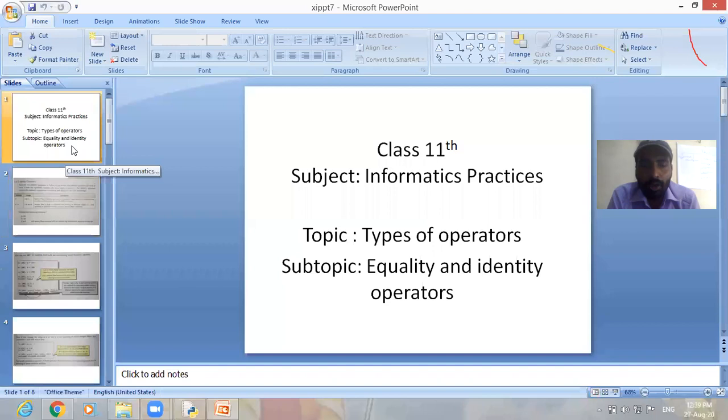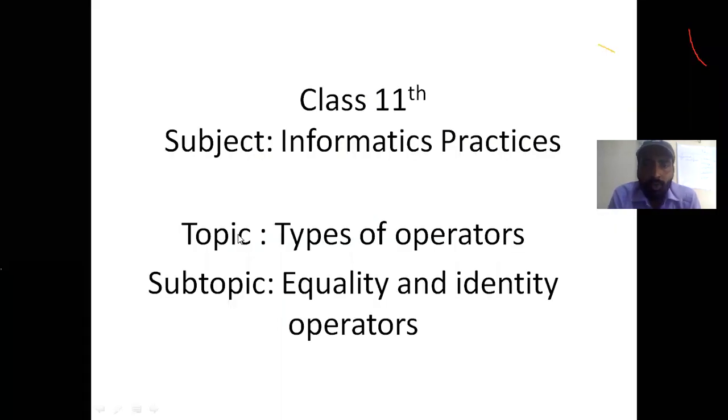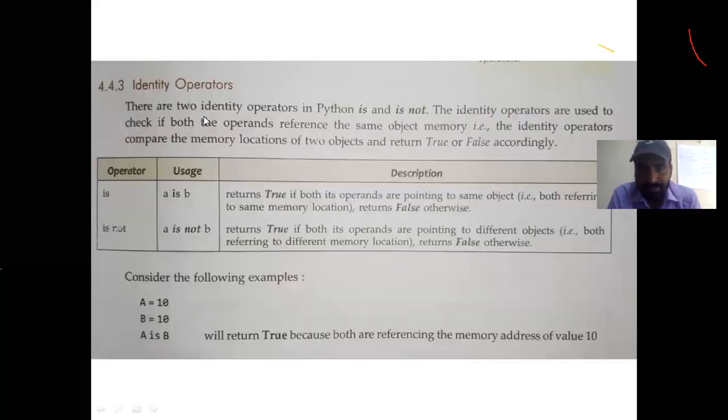Yeah, now here is the topic. Equality and identity operator. After relational operator, we have identity operator. Kindly see here. There are 2 identity operators, is and is not. So identity operators compare the address of the given value.